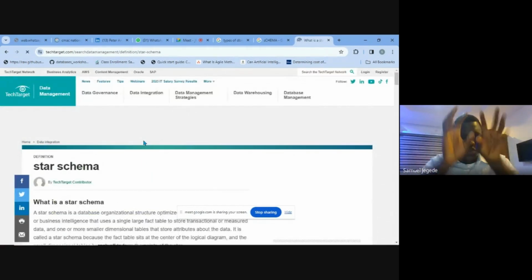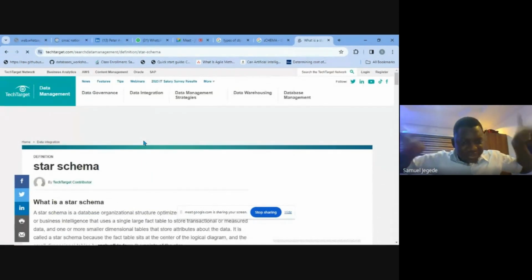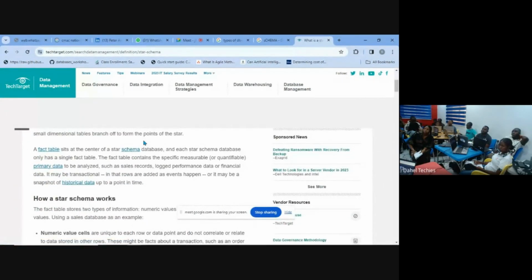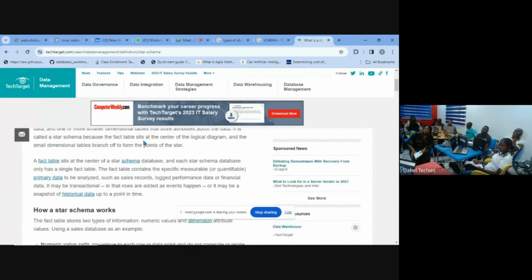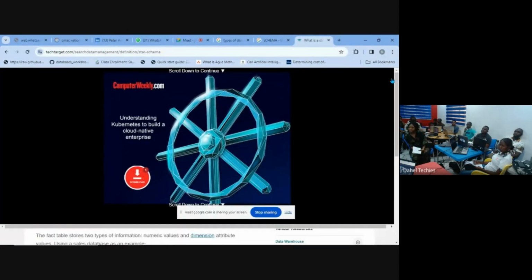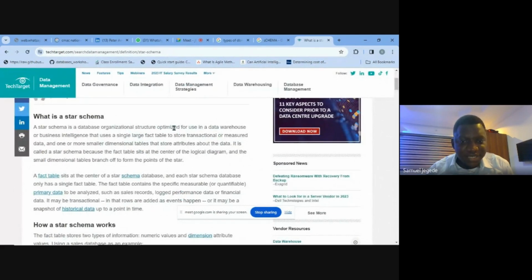There is one in the middle, but it has branches, other dimension tables. That is what the star schema is. It uses a single large fact table and one or more smaller dimension tables. That's the same thing I said: you have a fact table in the middle surrounded by dimension tables.